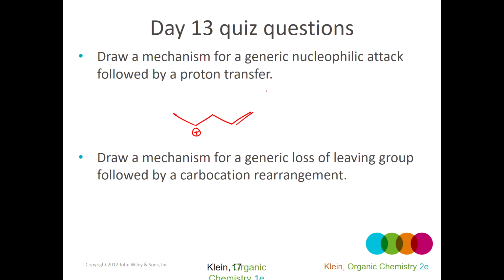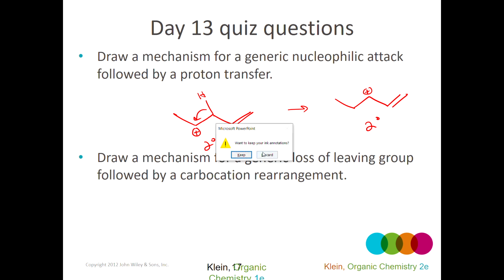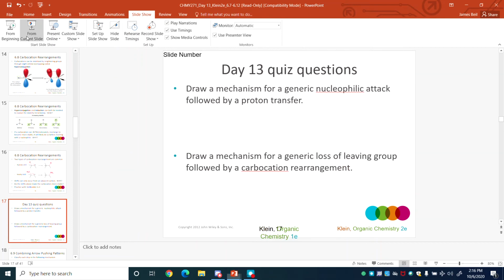So in this example here, I would definitely do a hydride shift because this carbocation is too far away from the double bond. It's not involved in resonance, it's not allylic, but once the hydride shifts over, now the carbocation ends up here, so now it can be stabilized by resonance. So even a secondary carbocation shifting to become a secondary, students might say, well, why would it do that? It's a secondary either way. Well, if it's stabilized by resonance, it's a lot more stable than not being close enough to the pi bond to be stabilized in resonance. So don't forget to look for resonance